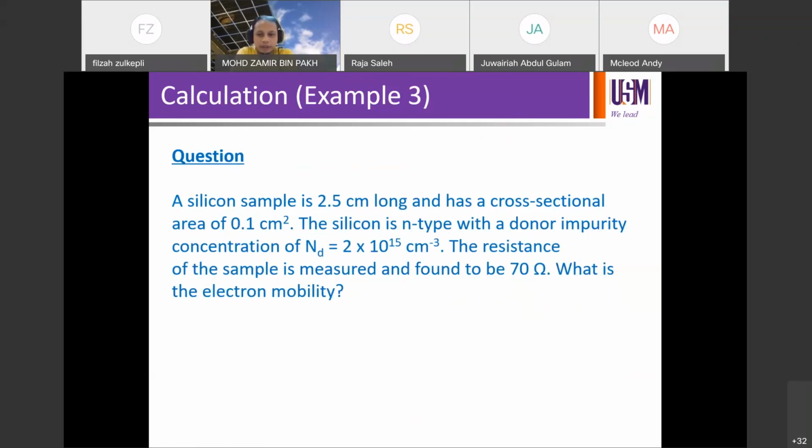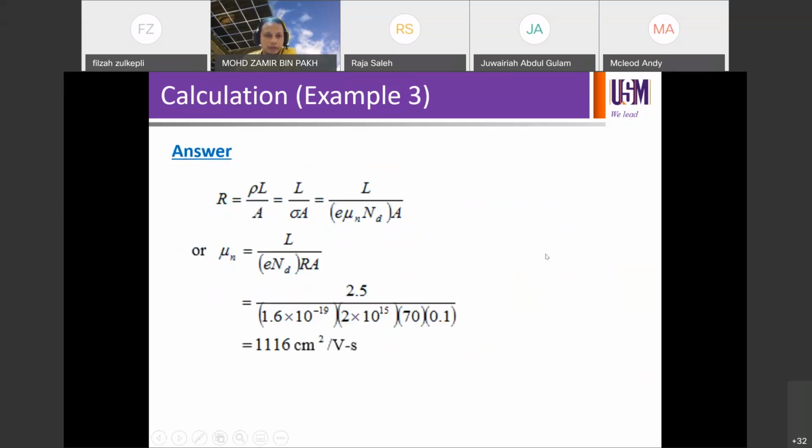What is the electron mobility? So it's just rearranging the equation to get the intended parameter. In this case, it's electron mobility, mu n or mu e, right? So the very same thing. So R is given, R equals rho L over A, or also equals L over conductivity times area, and you can convert the conductivity into q mu n N, then rearrange mu to be the subject, and you're going to end up with L over q N_D R A,